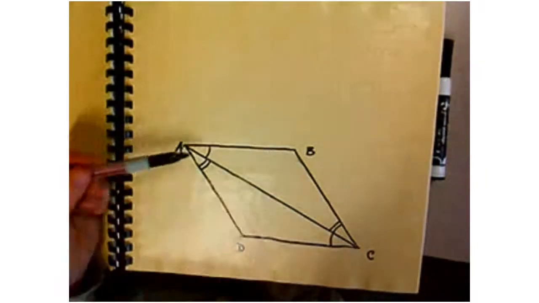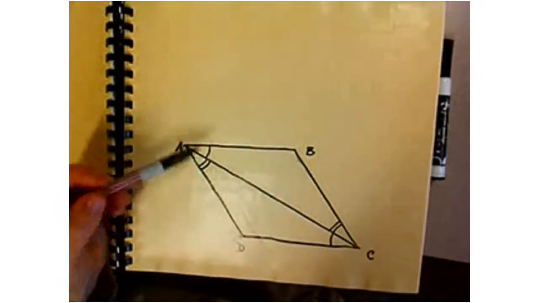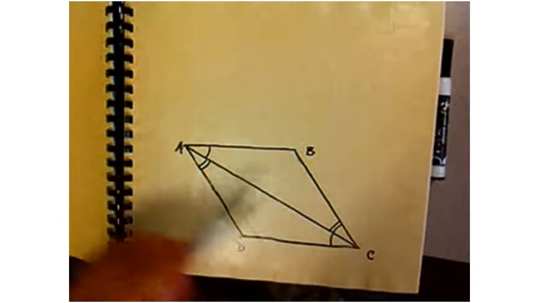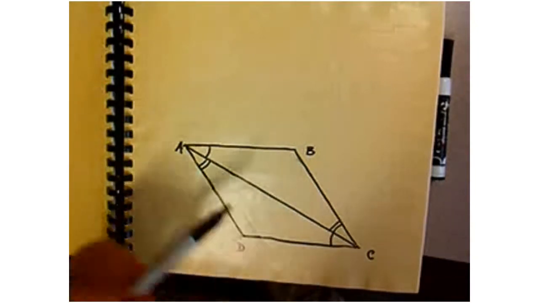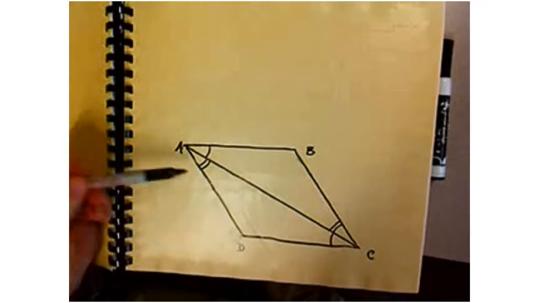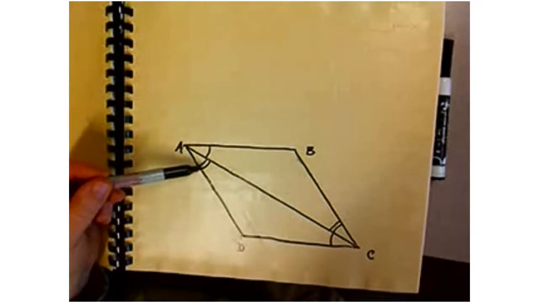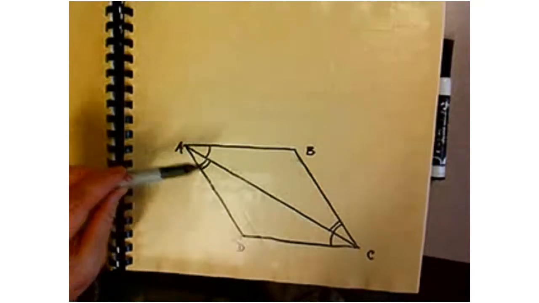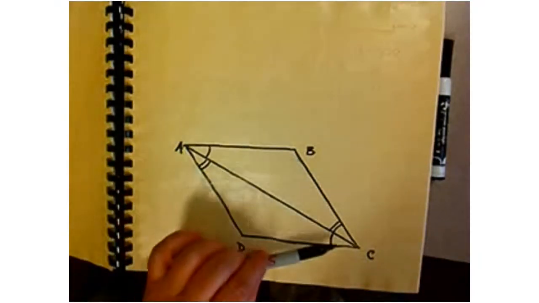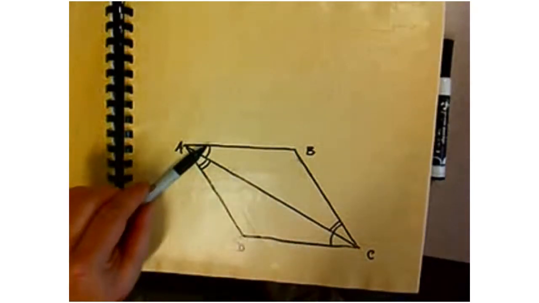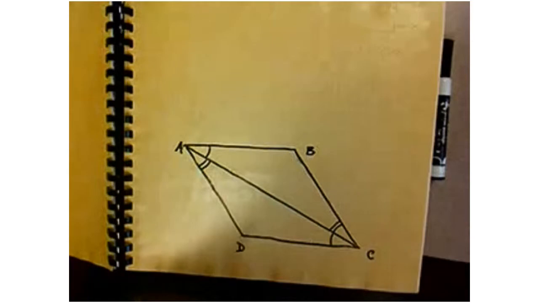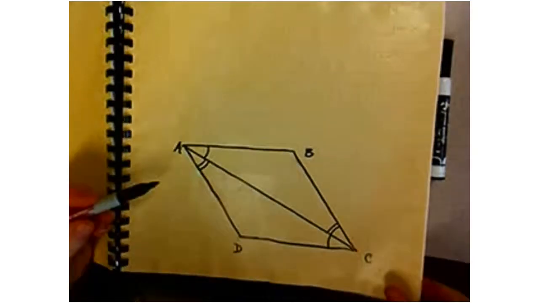BAC, on the top side, is congruent with DCA on the bottom side, alternate interior. And then DAC, up at the top but on the bottom of the transversal, has two tick marks and is congruent to ACB, which is down at vertex C on the top of your transversal. Those are alternate interior angles and they're congruent. So they're putting congruency marks on our drawing. So if we go to the proof,